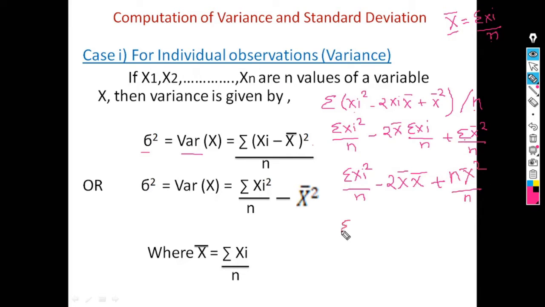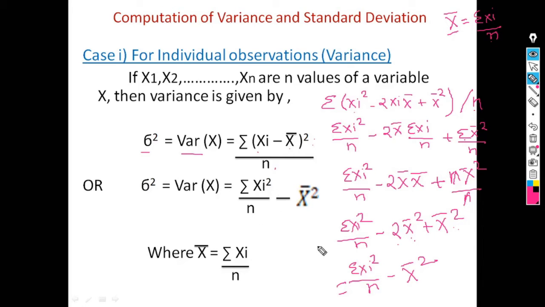Now next step is summation of xi square by n minus this 2x bar into x bar, which is x bar square. So it is 2x bar square plus this n, and this n gets cancelled. So it is x bar square. So it is summation of xi square divided by n minus 2. This x bar, these terms are same. So it is minus 2 plus 1. Minus 2 plus 1 is minus 1. So it is minus x bar square,